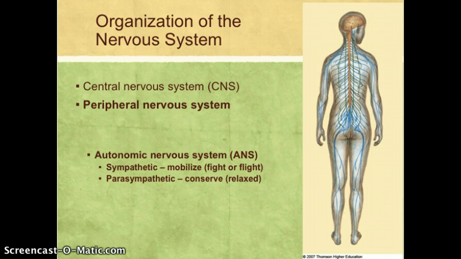The autonomic nervous system generally functions on autopilot. This means that most of the functions controlled by the autonomic nervous system are things that happen automatically and without me making a decision for them to happen. So what we need to do is look at what goes on in the body when you're in sympathetic versus parasympathetic mode.